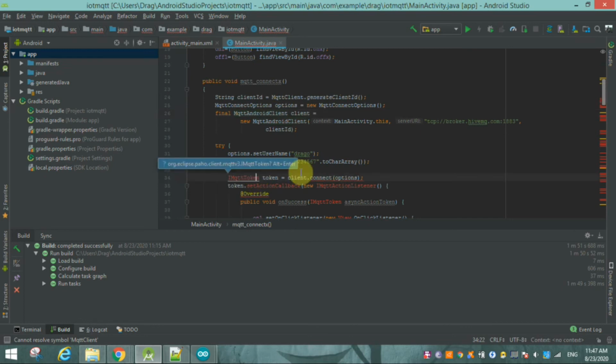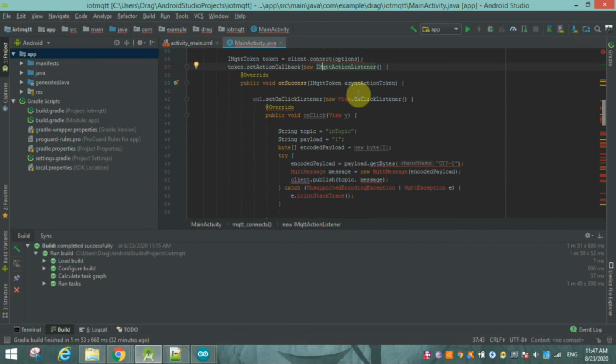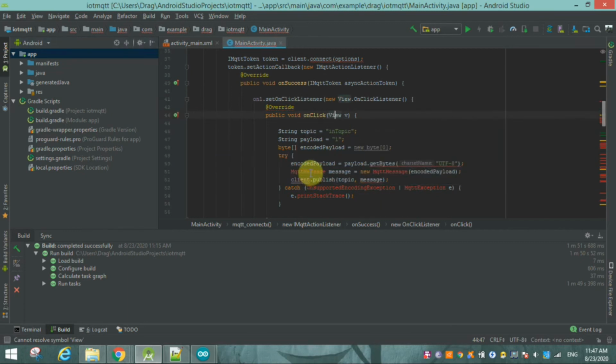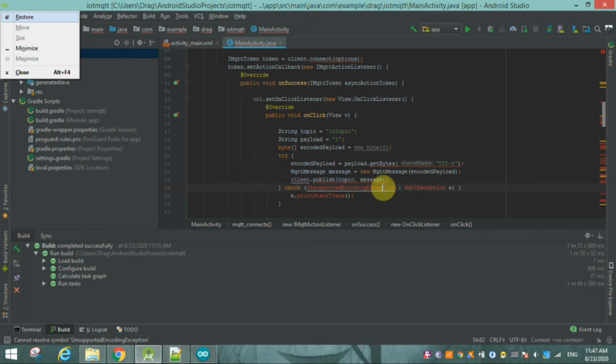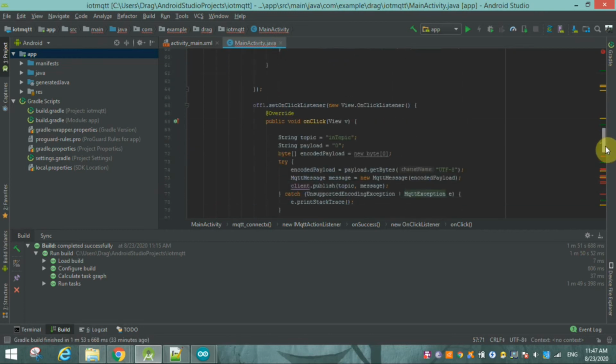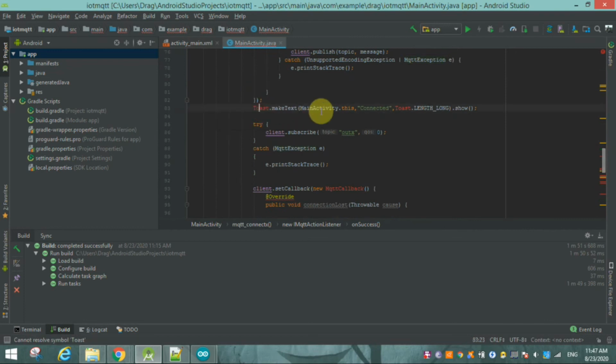Also the same for token, also for this View.OnClickListener, onClick listener button, view, message, package, Post.